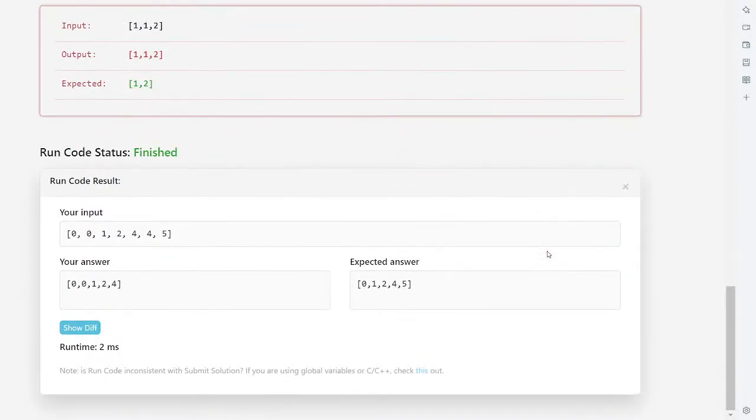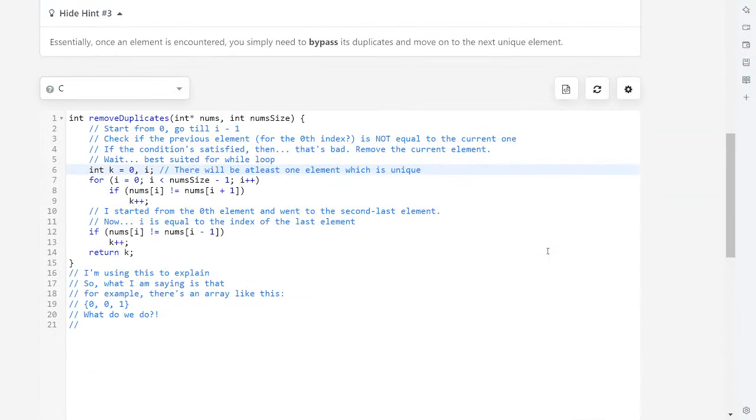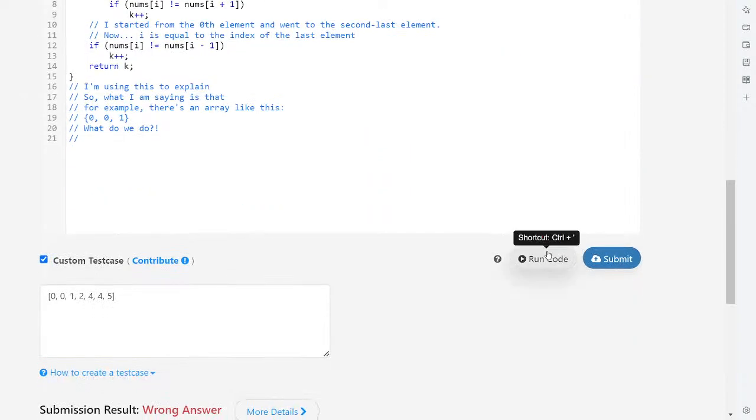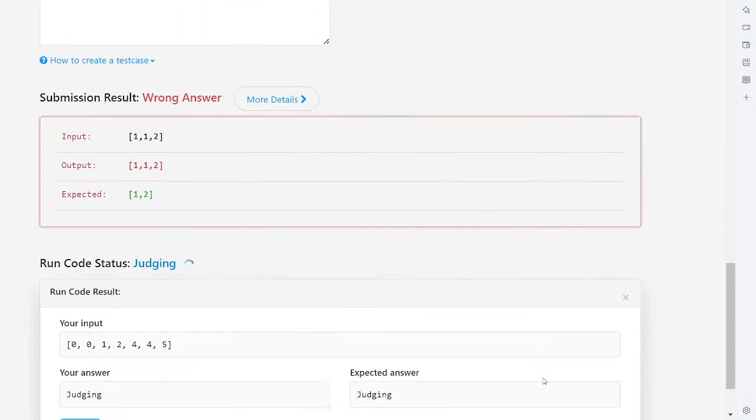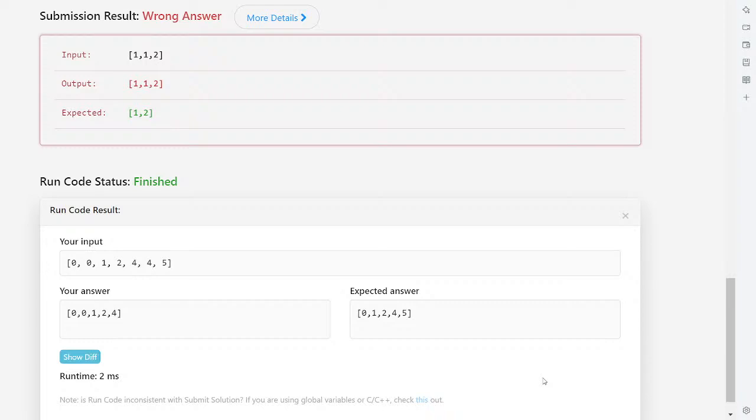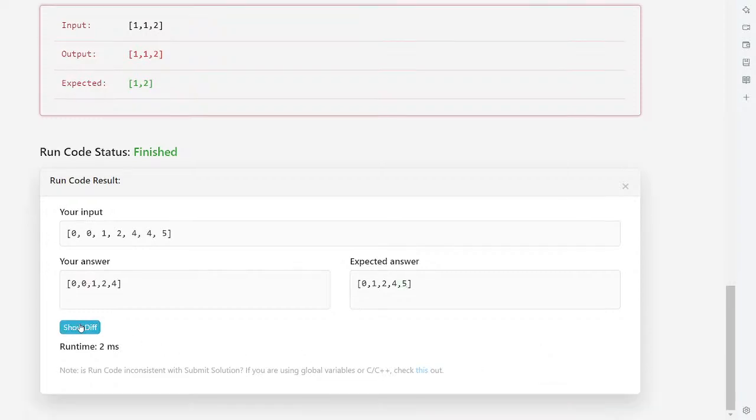Now, why is it becoming like... should keep this, and let's just, for the sake of discussion, this. Why there should be